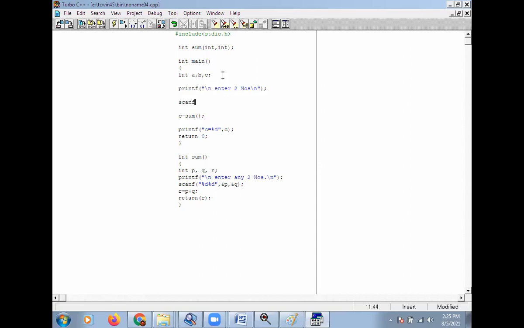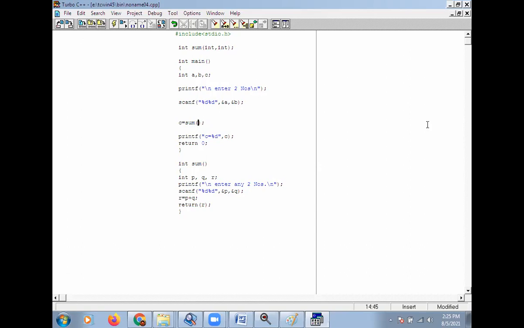Then scanf, percentage d, and a, and b. Then here you declare c is equal to sum.